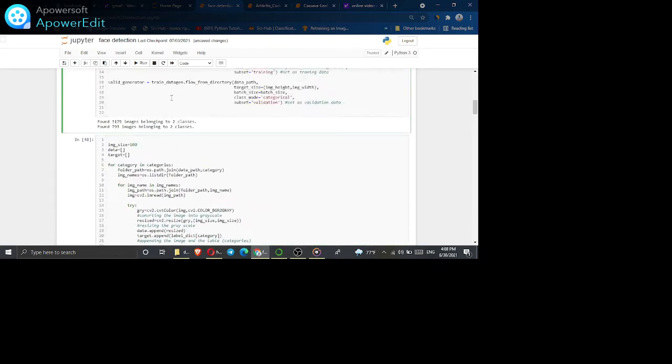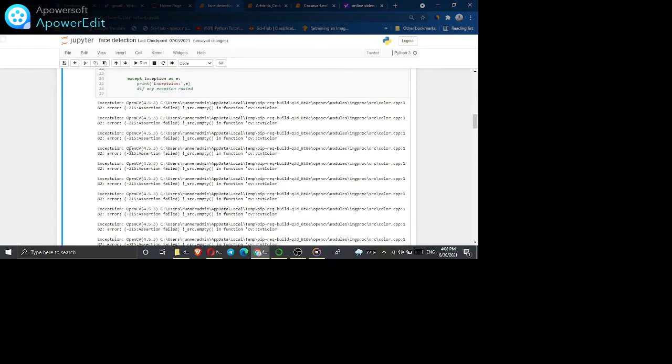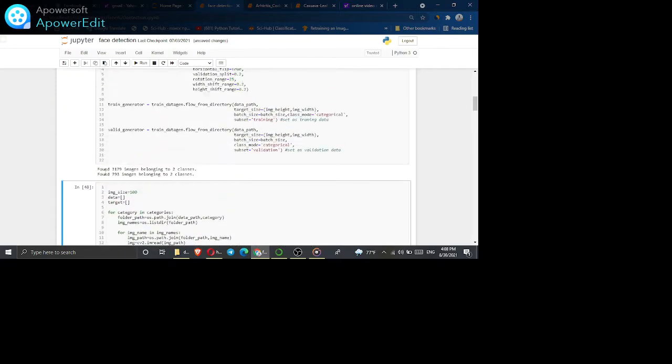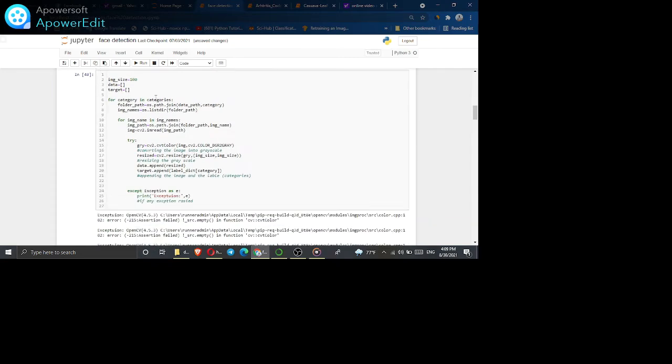And then when we run this one, shift plus enter, the output is this: 7179 images belong to two classes. Binary class is with mask or without mask. And 793 images belong to two classes, this is for testing, and the other is for training the model. Then